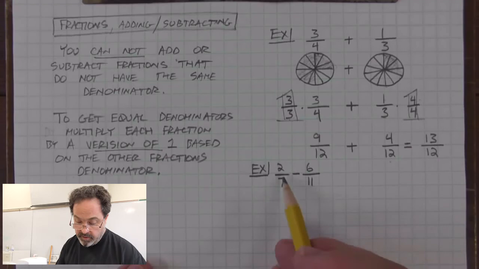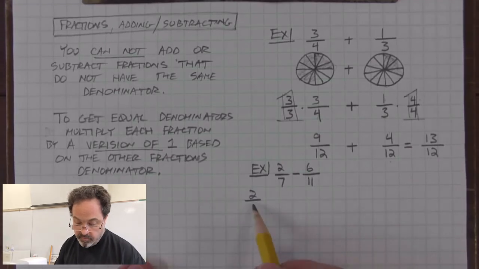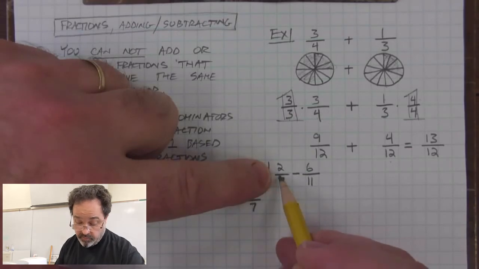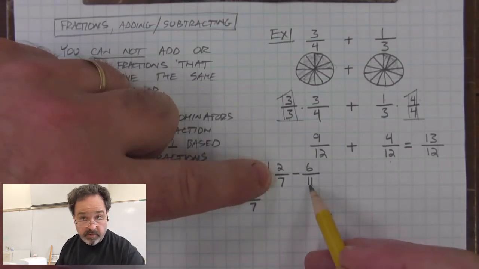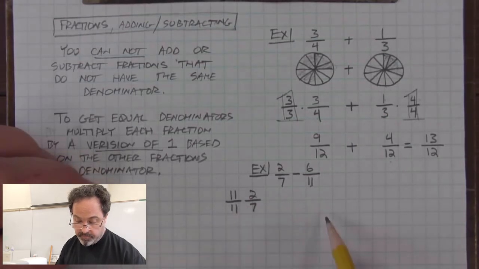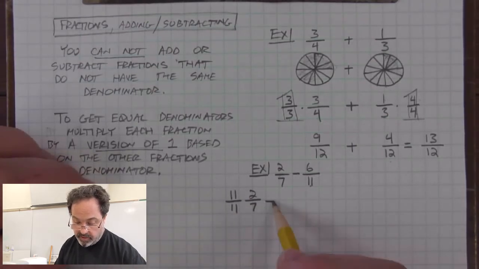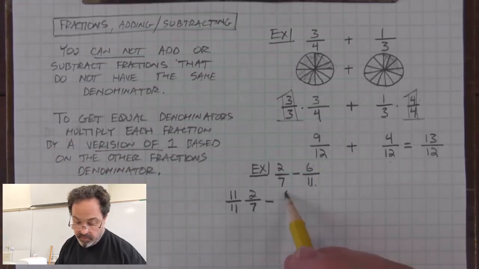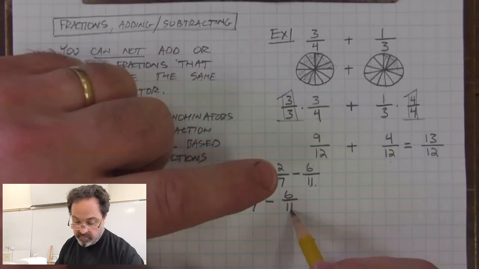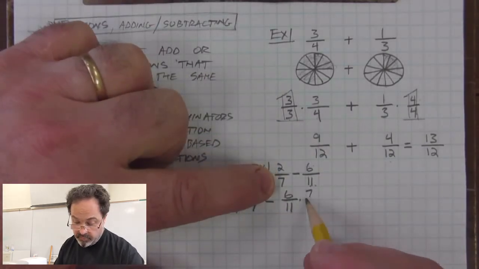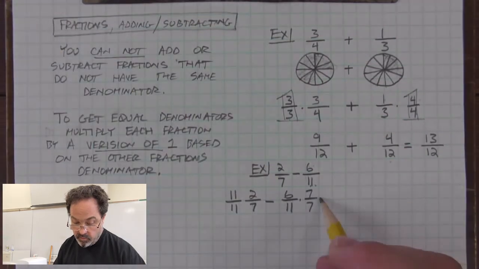But I'm going to multiply the 2/7 by a version of 1 based on the other's denominator of 11. So I'm going to multiply the 2/7 by 11 over 11. I'm still subtracting. This fraction 6 over 11, I'm going to multiply by a version of 1 based on the other's denominator of 7, which is multiplying by 7 over 7. When we do,